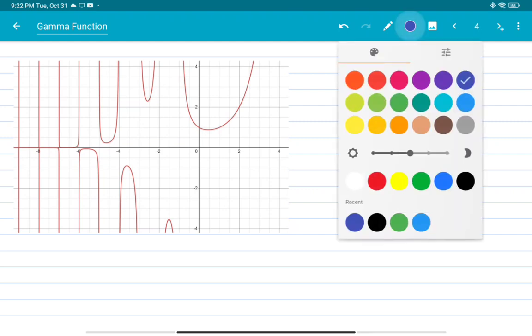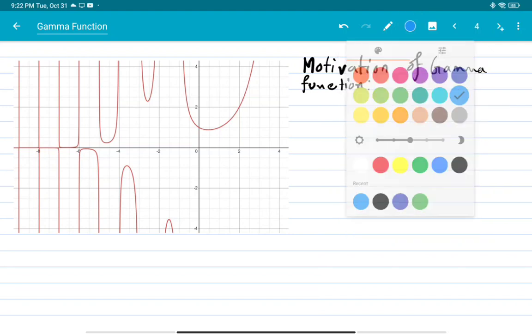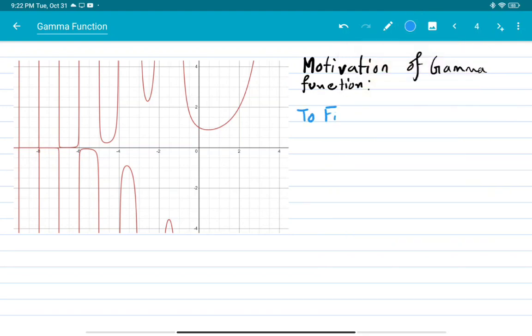The motivation of the gamma function is to find a smooth curve that connects the points